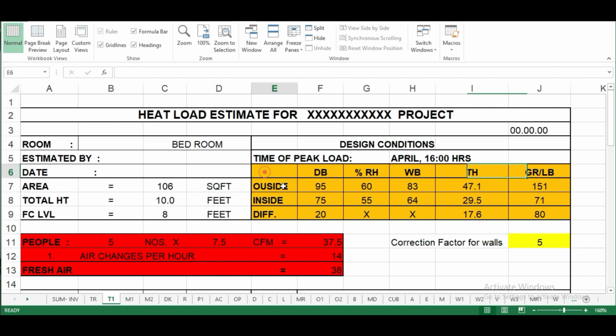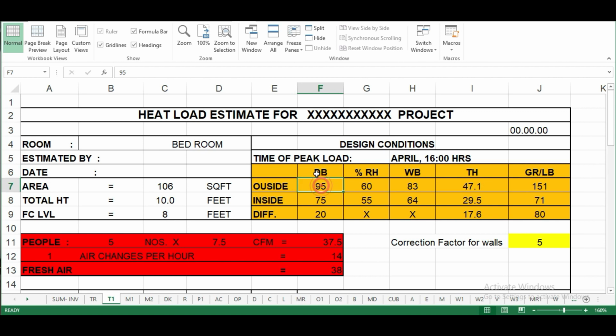I think you must know what the parameters are in your area so that you can enter the actual data over here. If you don't know the data and you are living in the Indian subcontinent or your project is in this area, you may use this data. Since it's data for some area, I can't say 100% accuracy, but since you are in the Indian subcontinent, mostly this will be accurate. You may use it. Otherwise, you have to enter the actual data.